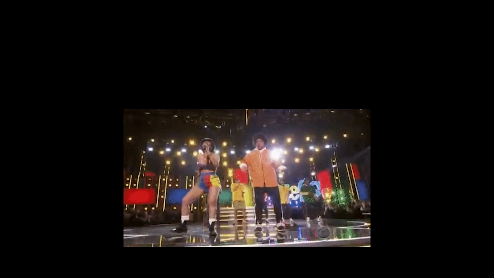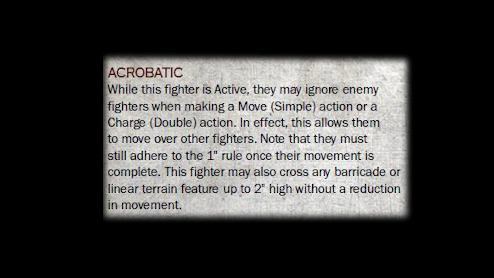Let's get started with some finesse skills. While this fighter is active, they may ignore enemy fighters when they're making a move action or a charge action. In effect, this allows them to just move through other fighters as long as they don't end their movement within 1 inch of them unless it's who they've charged. They can also cross over barricades and other terrain features, and if it's under 2 inches, then it doesn't reduce